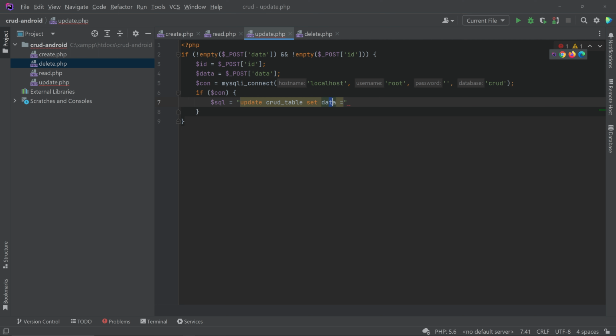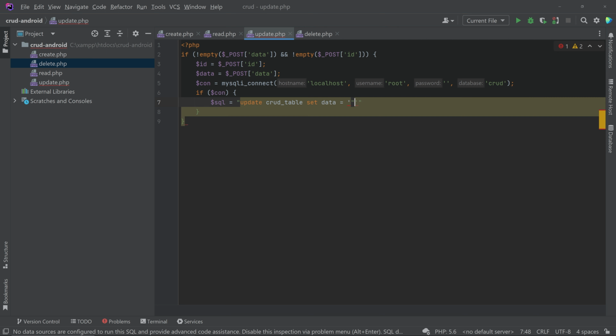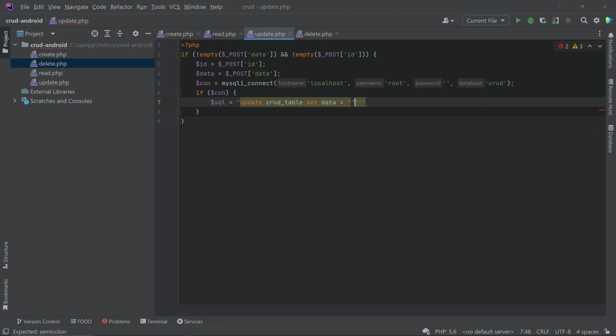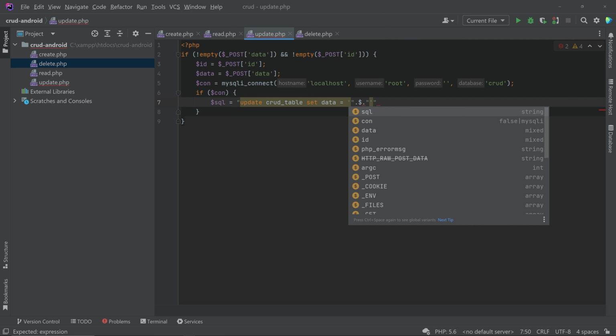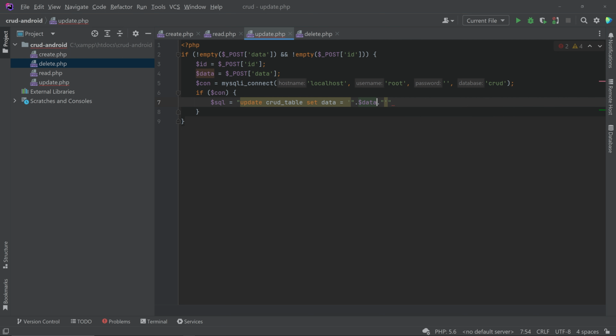Set data equal to, now we have to pass the value. In order to pass the value, you have to start the double quotes and close the double quotes, and you have to give the dot operator here. Give one more dot, and inside this you have to pass the data variable. Okay, and you have to come here and give a space and type the where condition,